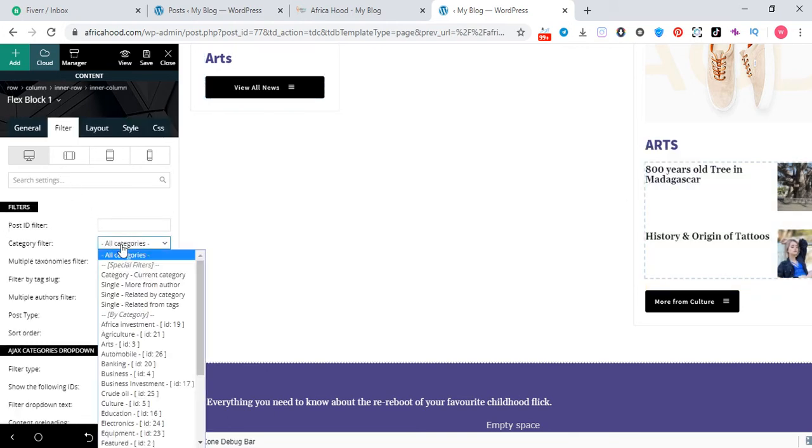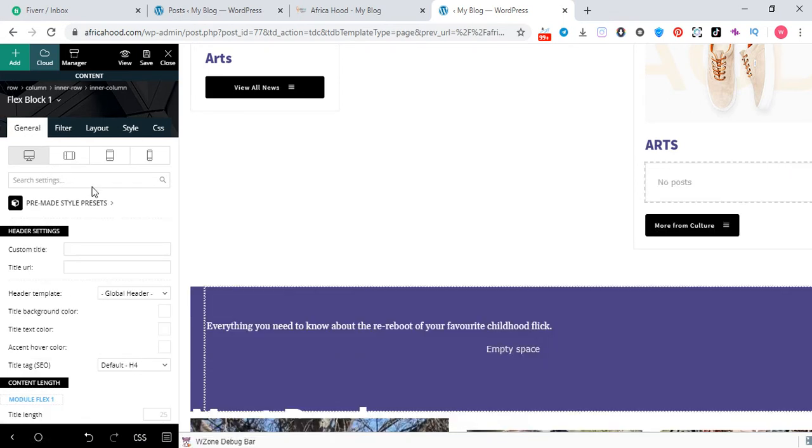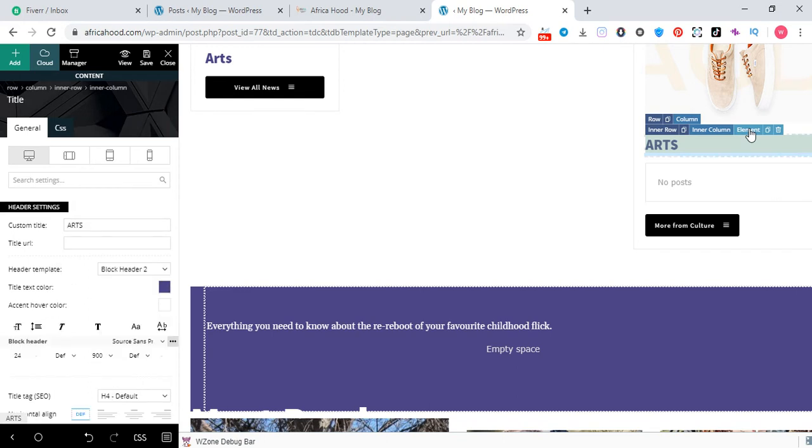I am going to add some equipment here. So this is your equipment section.